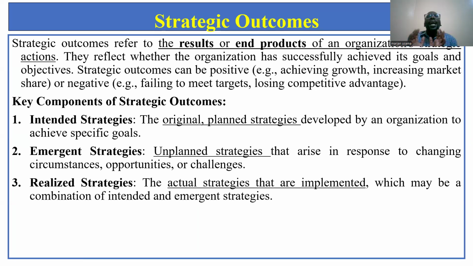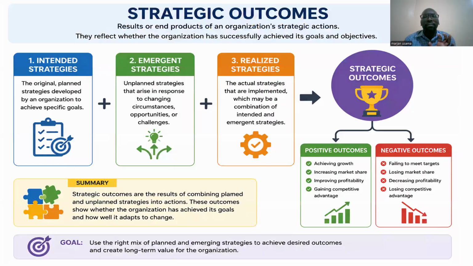So when we are talking about strategic outcome, we are basically talking, khalas, we have implemented our strategy. Khalas, what is the end result? Was it loss or profit? If you are playing football, for example, we were playing 4-3-3, did we win with that strategy or did we lose the game?